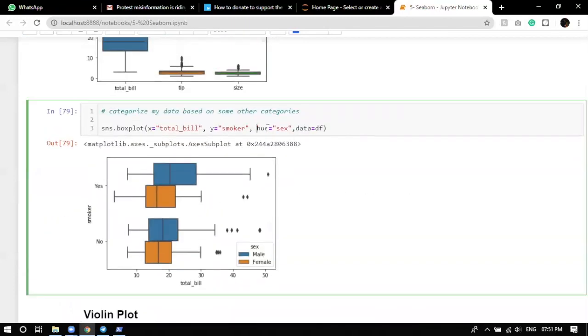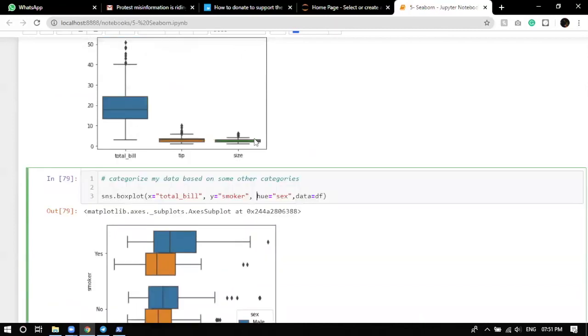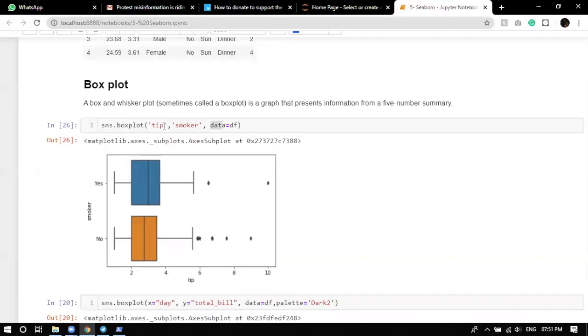Now one option which I have explained to you previously also is hue. Hue just distributes that particular object into the features which are present in the hue. So the same thing that I have provided, total bill versus smoker.